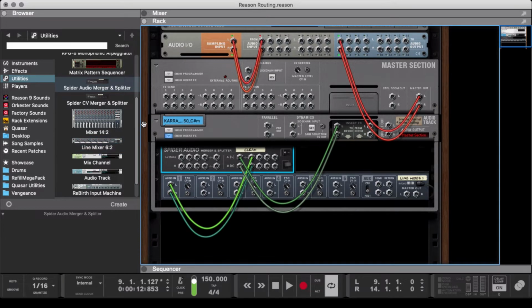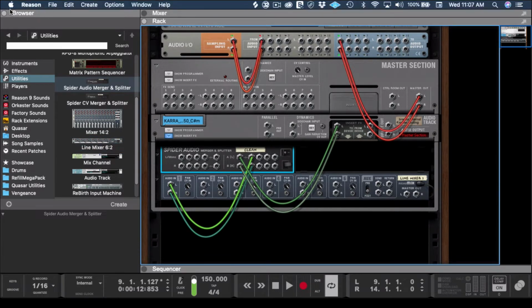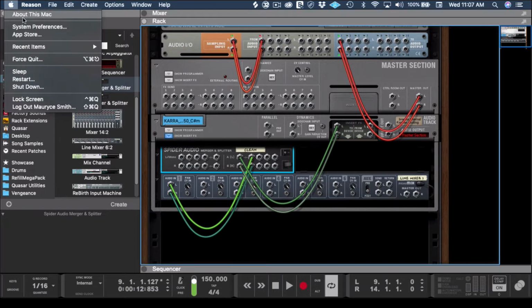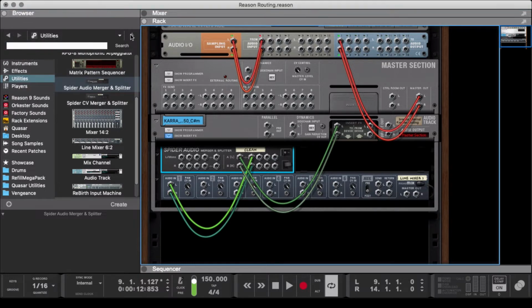This is Reason 9.5, by the way, but anything that you learn about the routing will be the same. It's always been the same in Reason, which is why Reason has quietly been the more powerful of the DAWs early on. When the Combinator came out, nobody was not using a basic send return structure to do parallel processing or busing structure. Anyway,